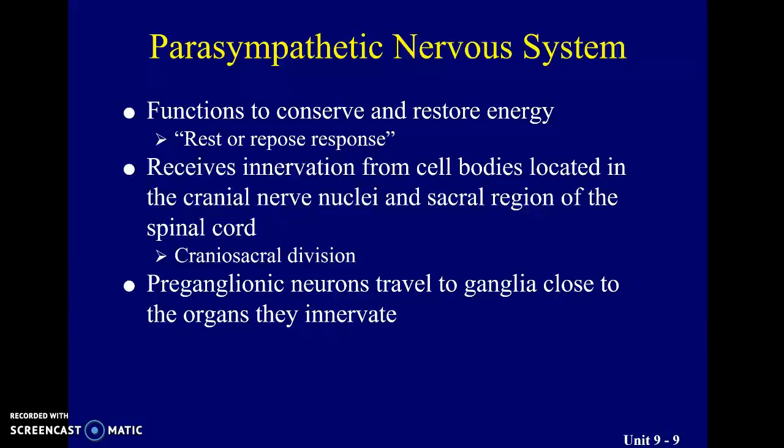These preganglionic neurons are not going to synapse or make contact with cell bodies that are alongside the spinal cord like those in the sympathetic nervous system. What these axons are going to do is they will travel to ganglia that are very close to the organs they innervate. So for example, there is